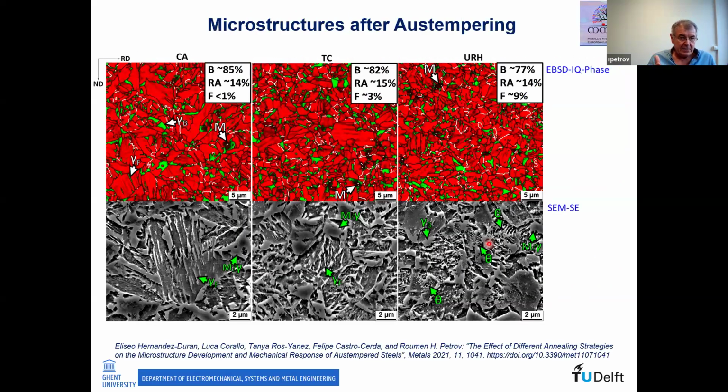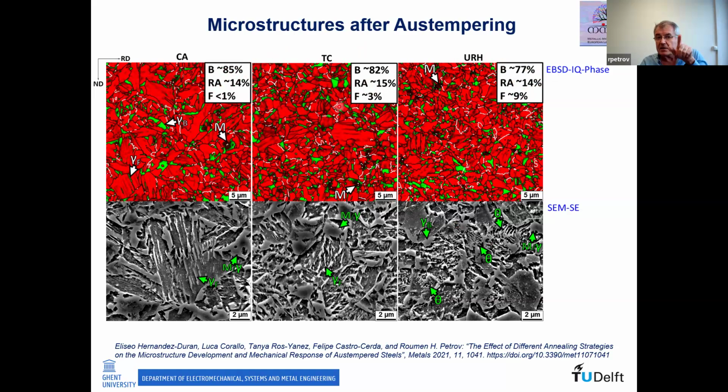After austempering, the structure looks like that. You see here the retained austenite, 14%, 15, 14. Definitely, there's no significant difference in the retained austenite fraction. Bainite differs a little bit more, the bainitic constituent stays a little bit more, and ferrite varies also. Please mention that ferrite fraction increases for the thermocyclic and for